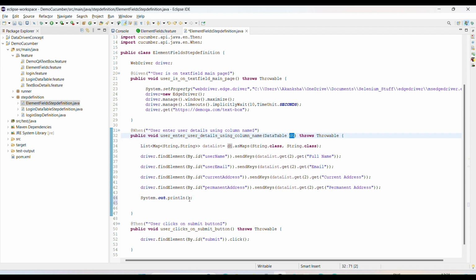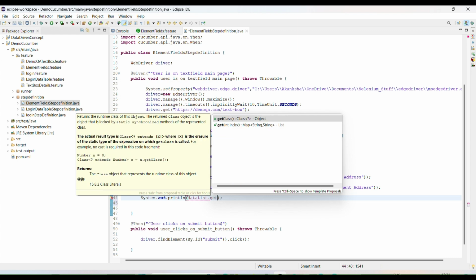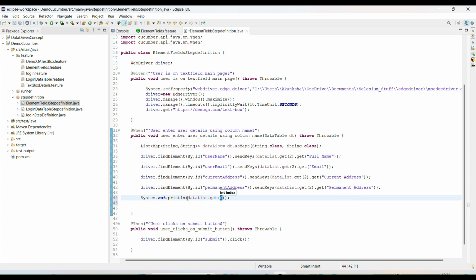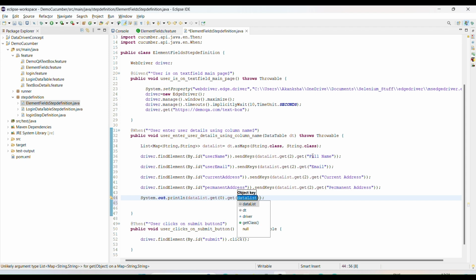So simple, this value dot get, get index and map, index value 0 and the map dot get key value. What key value do I want to enter? This full name I want to enter, this value I want to print inside the console.